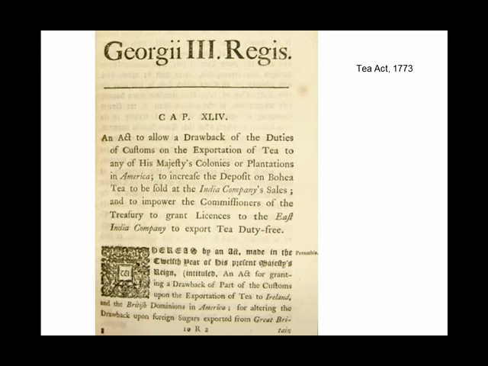Like the Sugar Act, the Tea Act is an attempt to rationalize an international trade. The British East India Company is in serious financial trouble. The taxes on tea aren't being collected. So once again, they try to rationalize the system by lowering the tax. So the tea tax will be very low. It's a very common commodity. Everybody loves tea. It'll be a good revenue raiser, and it will save the East India Company, and it's fair that Americans should pay it as well. But Americans don't think that way.